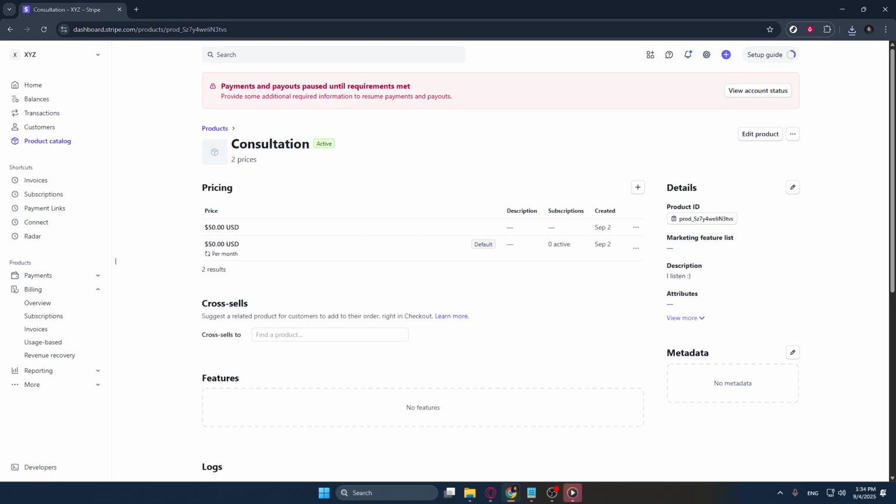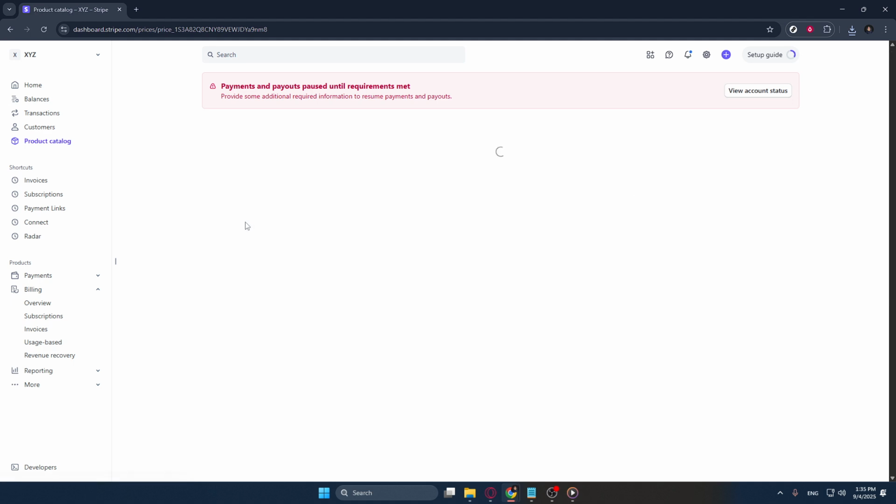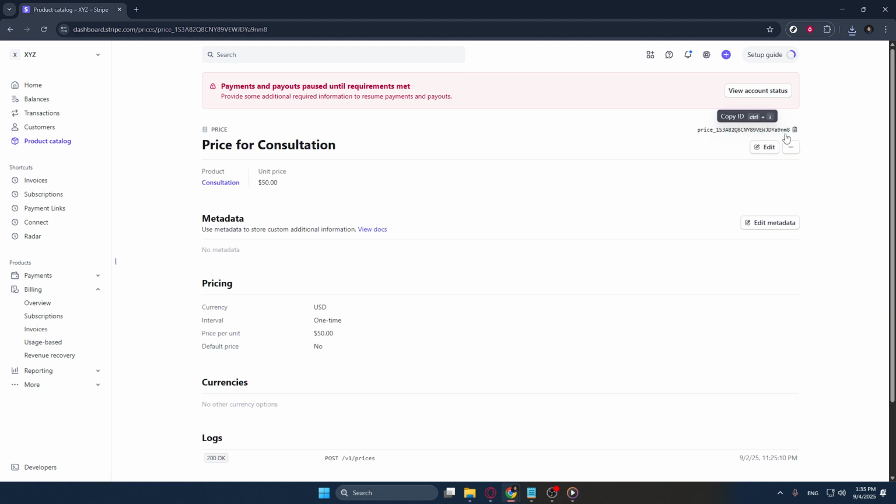After selecting your product, you'll want to shift your attention to the Pricing section. Click on the price listed to explore further. This is where you'll find some key information like the price ID, which is located towards the top right corner of your screen. This ID is essential, especially when you want to integrate your product with other platforms or handle